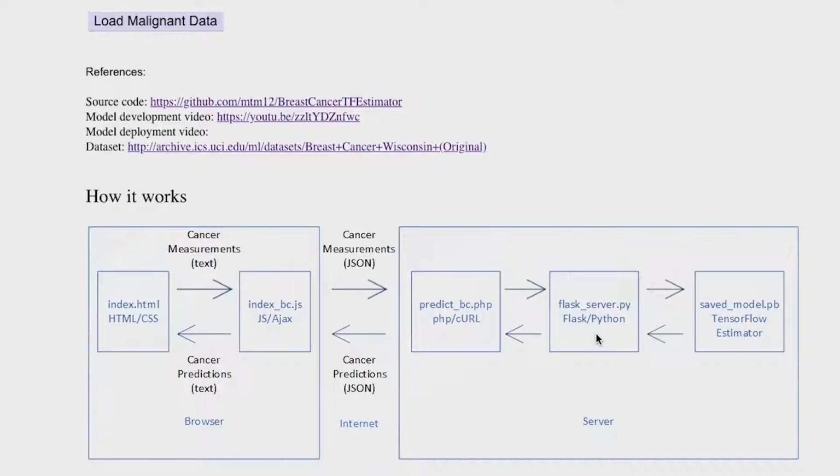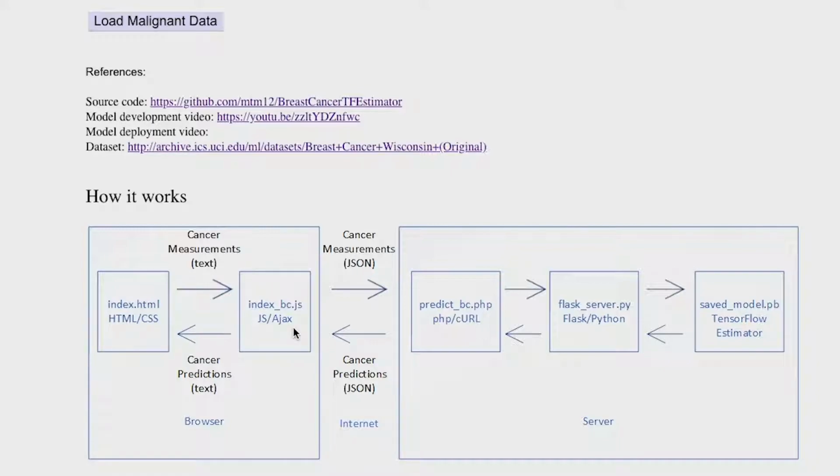The Flask web server receives the cancer measurements and runs the Estimator API predict function on the data using the machine learning model saved_model.pb. The model returns the probabilities that the data belongs to each category, either benign or malignant. In flask_server.py, the probabilities are JSON encoded and returned to the curl function in predict_bc.php, which is then returned to the AJAX function in